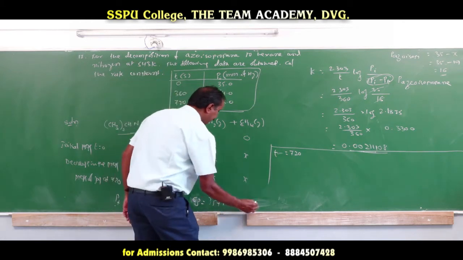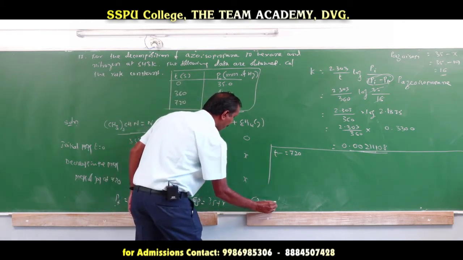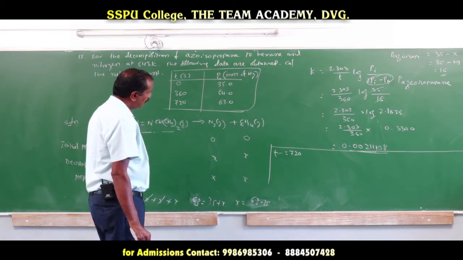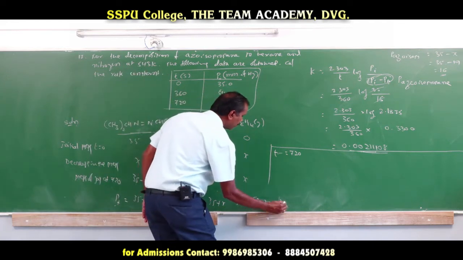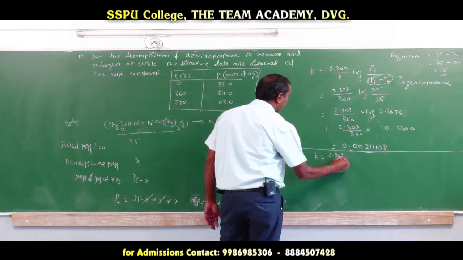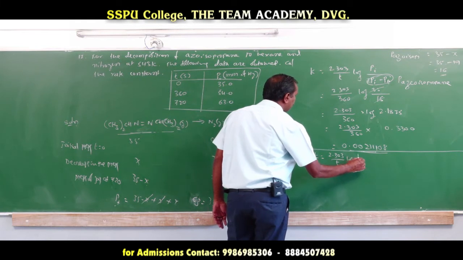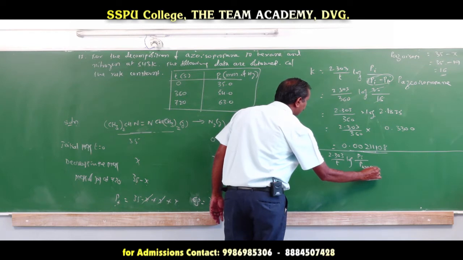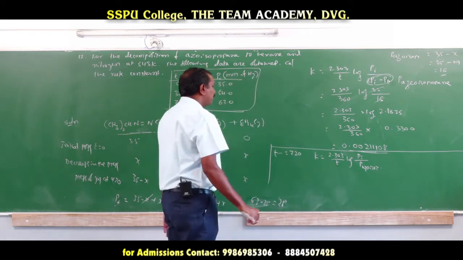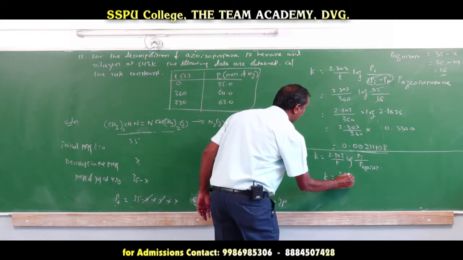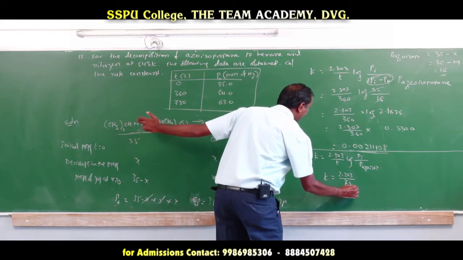63 minus 35. Okay, 63 minus 35 is nothing but 28. Then K can be calculated by using the formula 2.303 by T into log of initial pressure divided by partial pressure of azoisopropane. Okay, so K is equal to 2.303, where the time is 720, into log of